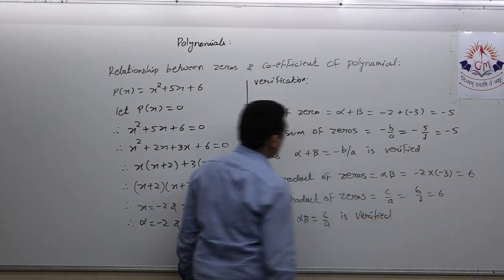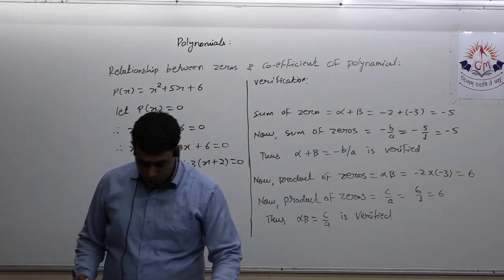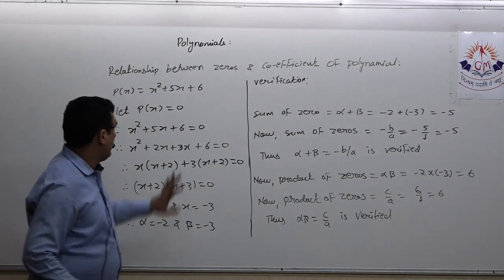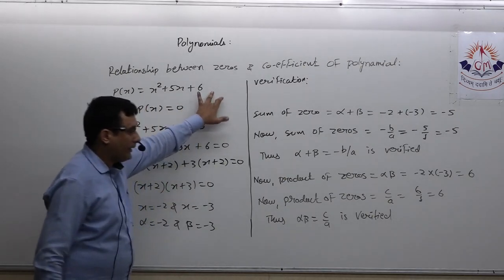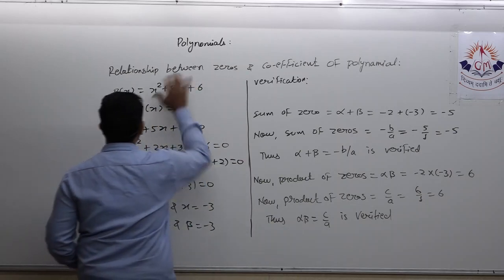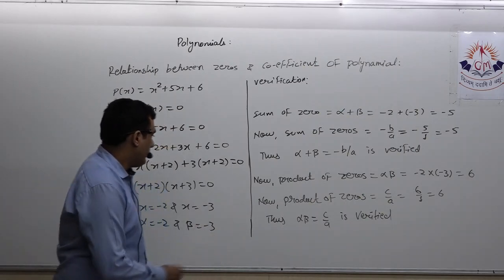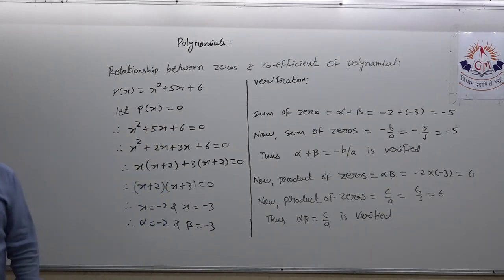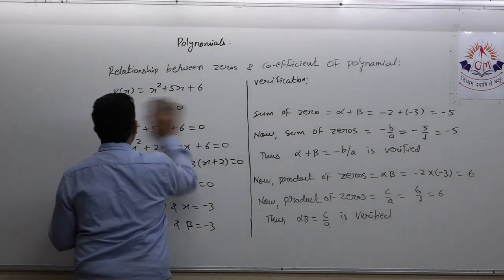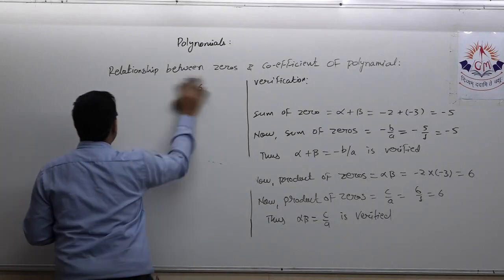Okay, this you have to do, and be sure that you will definitely get this type of sum in your final exams. So that was the first type of question that may be asked on this concept, that is relationship between zeros and coefficients of the polynomial. Now second, we'll see when zeros are given to you and you have to obtain the polynomial. So we'll see one question related to that as well.